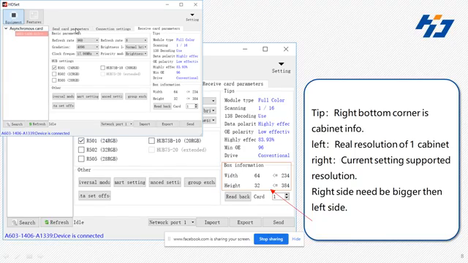that consists of how many receiving cards you have connected to the controller. You have to select the port, like which port you are taking the data from, and you have to mention whether you are using sending card or you are using sending card also as a receiving card. In the connection setting, you have to set how you connected the receiving card with one another, that we will discuss